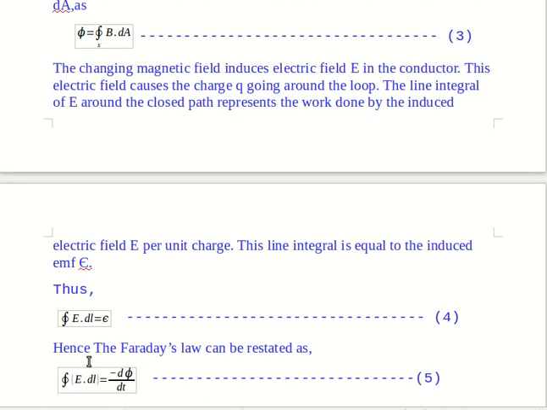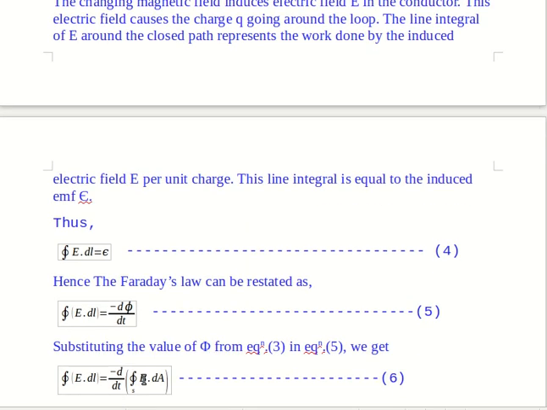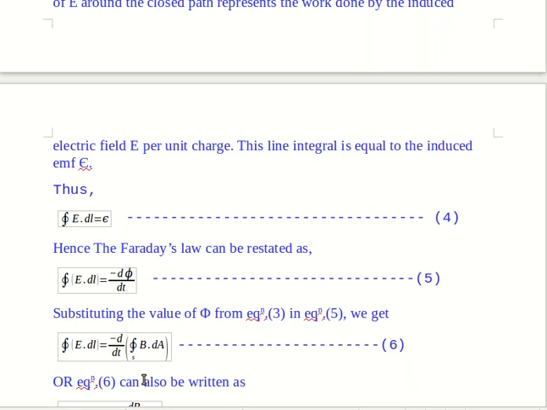Now here this is very interesting how one can restate Faraday's law as line integral of E dot dl, that is EMF, is equal to minus d phi by dt. So this is the modified form of Faraday's law of electromagnetic induction. Now we will turn towards the statement and its derivation. Now we will try to get the integral and differential form. This is only the mathematical manipulation from here to there, how to use the different mathematical terms here.